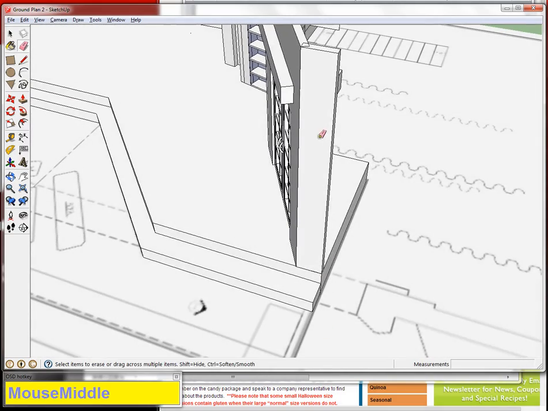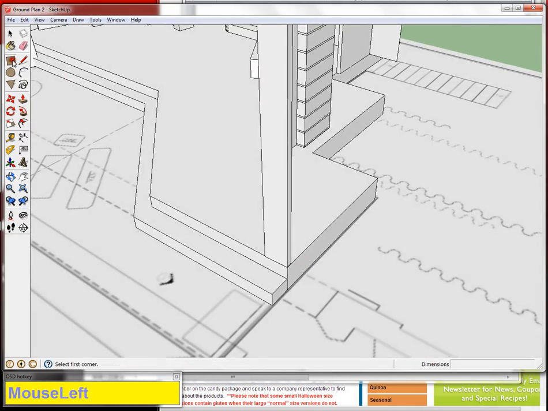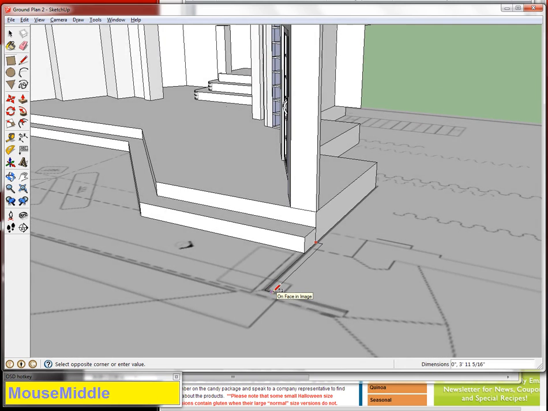I just need to make sure this front edge connects. So I'm going to make one that goes from that very point down to the front, and that looks like it's 3 foot 11 and 5/16 inches. So that's close enough to 4 inches for me to be happy. So I'm going to go 4 feet, enter, nope, the other way. 4 foot, 3 inches